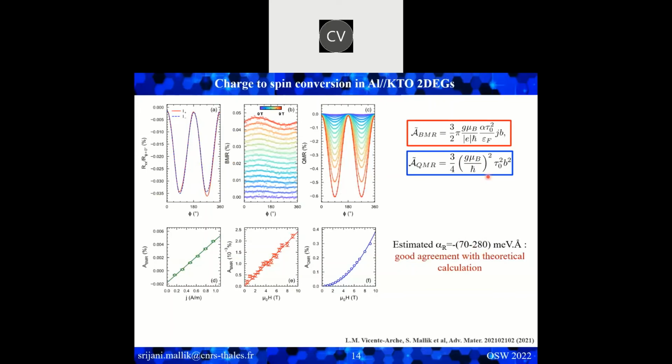Basically what we do is we always take the ratio between these two, and when we take the ratio, the tau square gets cancelled out, so we do not need this. The field information we know. What we do not know here is the G factor, and the G factor is quite hard to estimate, and for potassium tantalate it's not very well known. In principle we did similar measurements for STO, and there the estimation of alpha is much better because the G factor is really known.